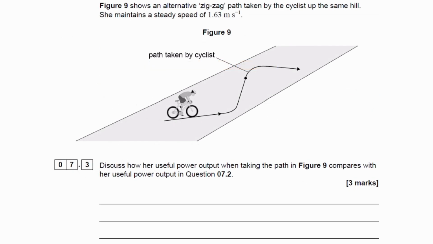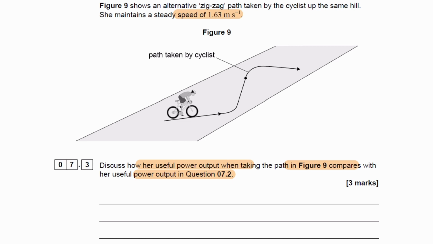And for 7.3, figure 9 shows an alternative zigzag path taken by the cyclist up the same hill. She maintains a steady speed of 1.63 meters per second. Discuss how her useful power output when taking the path shown in figure 9 compares with her useful power output in question 7.2. The first thing for this question is that when you take this kind of path,